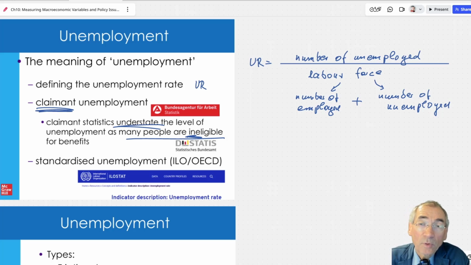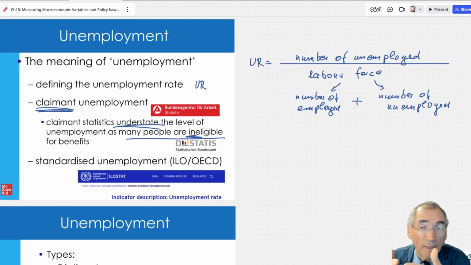And you might think for a moment which people are not able to claim unemployment. You will find quite a lot of people, those who are too young, who have never worked and are not registered, who go to school, go to university partly, if they didn't work before. Other parts of the population who never worked in a job where they had to contribute to social security, doing housework and so on, are not counted in such a statistic. People who are self-employed, so who have their own enterprise and so on, also in Germany are not counted into the